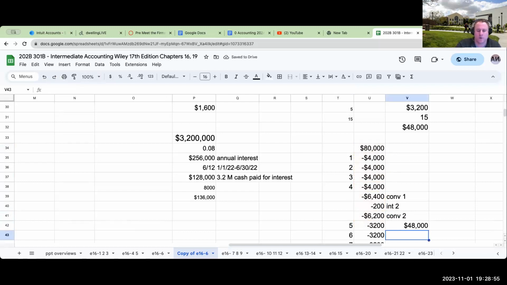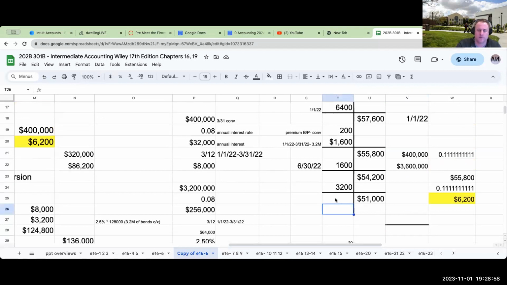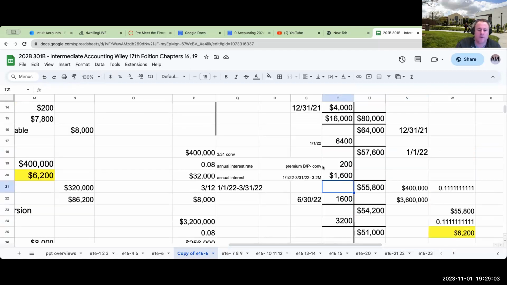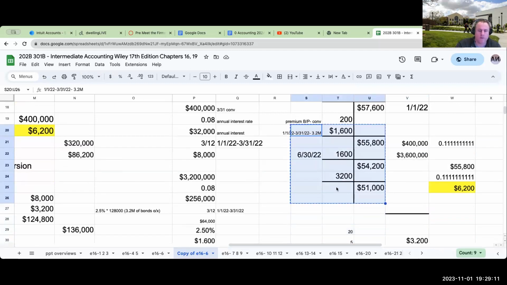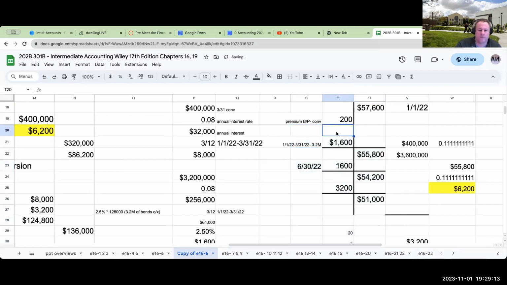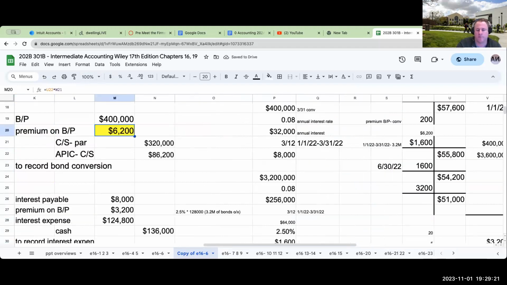And I think when I was doing this, that's where I may have messed up. I know where I messed up now. I didn't put in the conversion over here for the write-off, right? Or for the second bond that was being converted. That's where I screwed up on this. So just in terms of checking our work, this part over here,